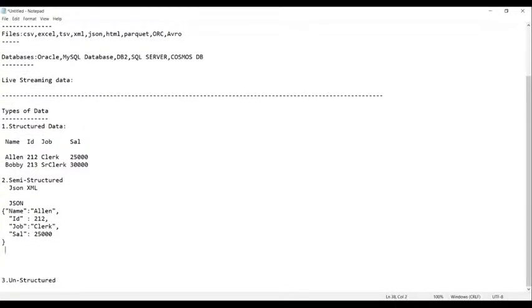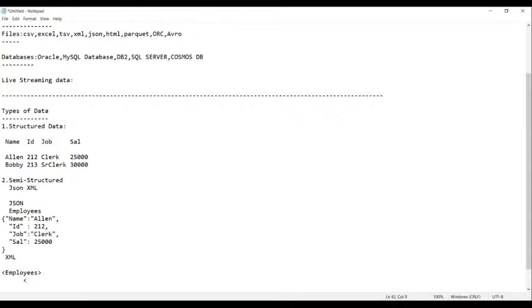Now let us see how the data will be recorded in XML. When it comes to an XML file, the data will be recorded in the form of tags. Let us say this is a table named employees. That means the name of the table is employees. Same table I'm writing here, using employees. And now, guys, these are called tags.